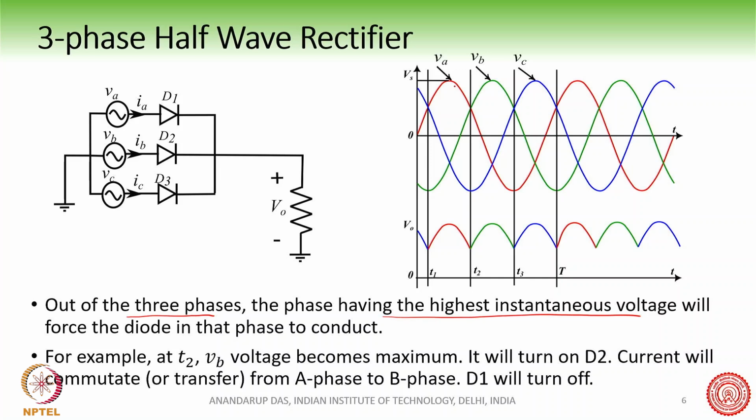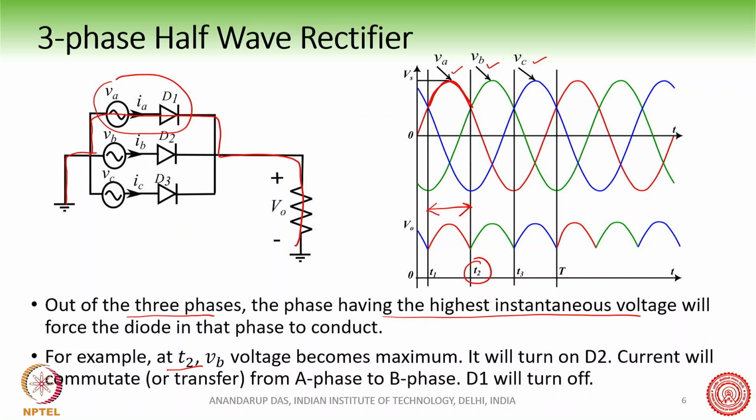You can see there are three phases, VA, VB and VC, out of which, if we take this interval here, VA is maximum during this interval, and therefore this diode which is connected to VA, this line here, will be conducting and the circuit will be completed like this. Again, at time t2, we find that